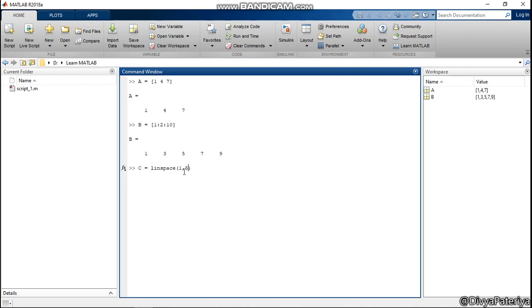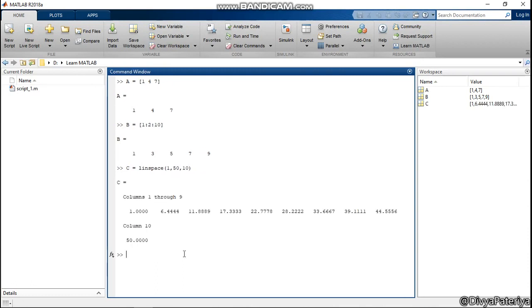I want to go till 50, and I want the number of equally spaced elements to be 10, and we'll see the result. So now what this linspace command has done is, I have given my first number to be 1, my last number to be 50, and starting from 1 and 50 it gives us equally spaced numbers.